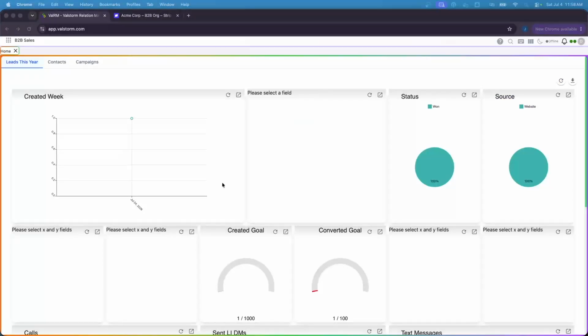In this next section, we're going to cover the more advanced usage-based billing system that comes with the ValStorm and Stripe integration. For this, you should know the basics already, so you should have checked out the previous video just so you know creating products, prices, etc. We will still walk through some of this,